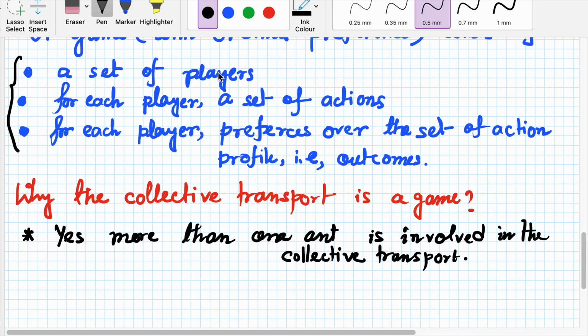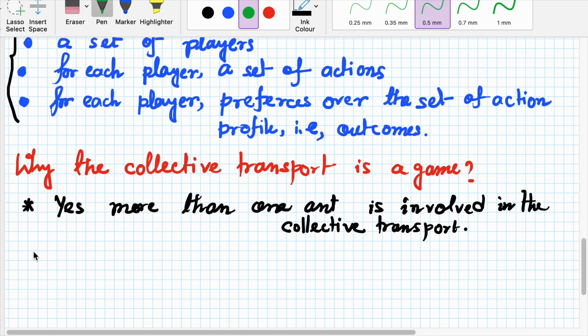First component is there. Second, for each player, so there are multiple players, multiple ants, there is a set of actions. Yes, a set of actions. What is the set of actions here? If I reduce the set of actions, I can say that first is